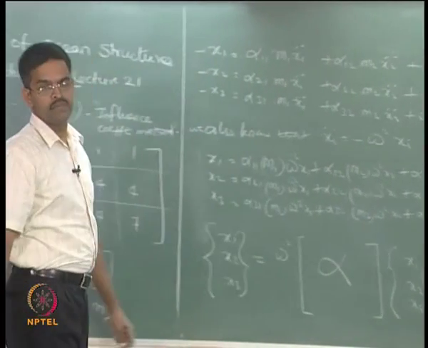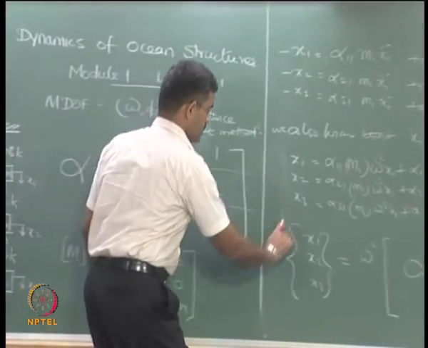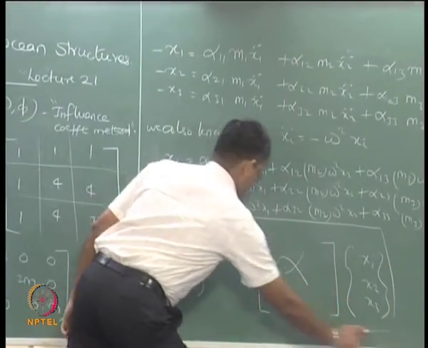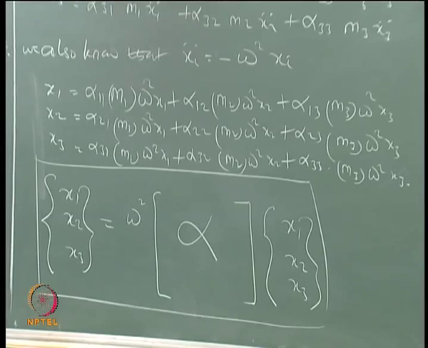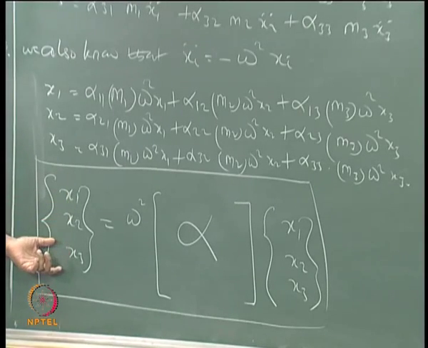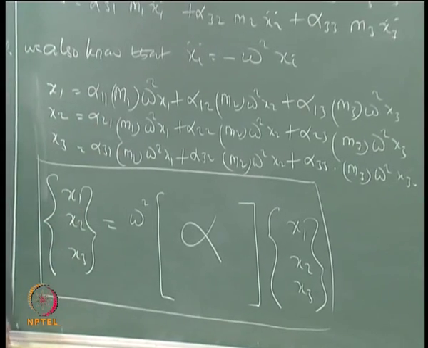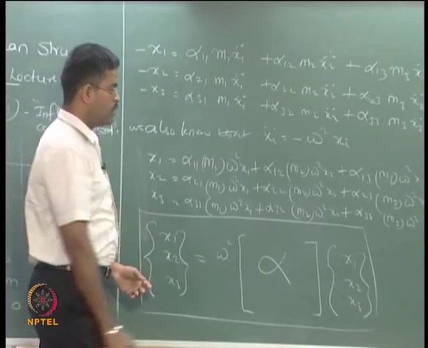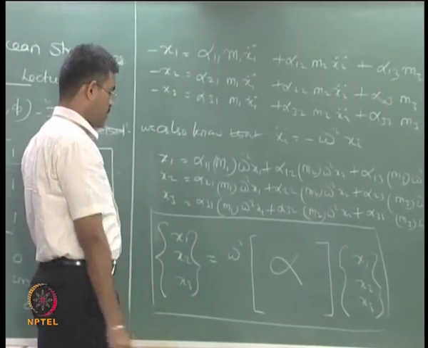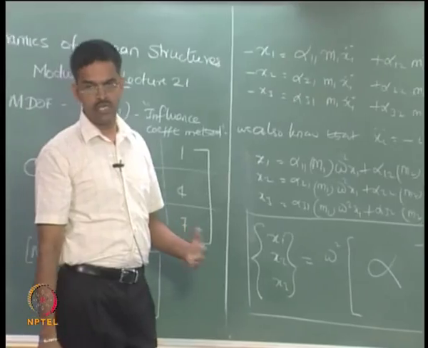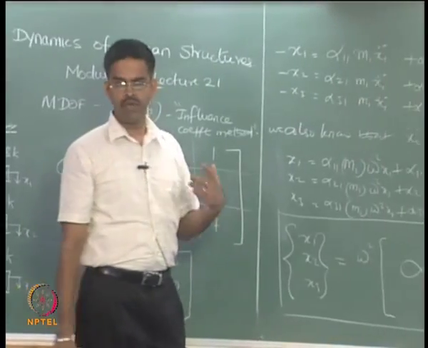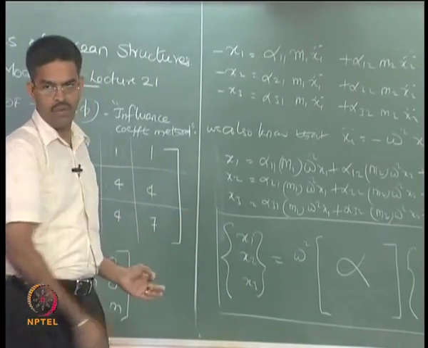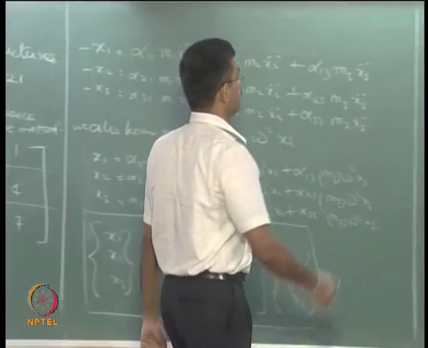Now we can clearly see there is an iteration scheme being set here, because I assume the left hand side of this equation, get the right hand side, and I can substitute back and compare the value I obtained with the value I substituted. If they match, I say it is converged; if not matching, keep on iterating. So I have an iterative scheme now. Let me do the scheme here.